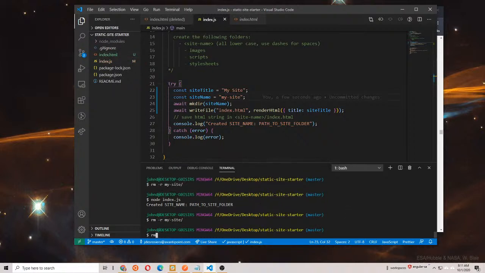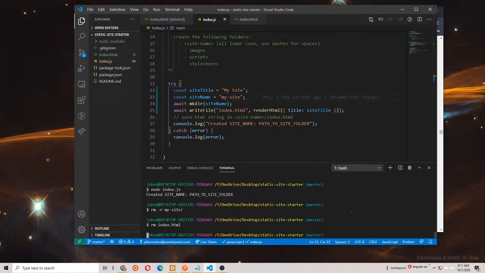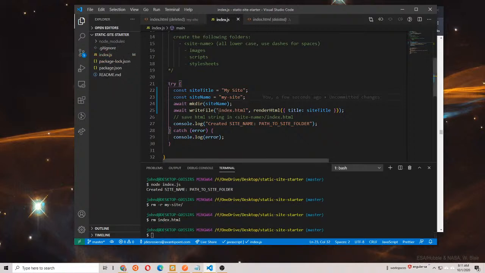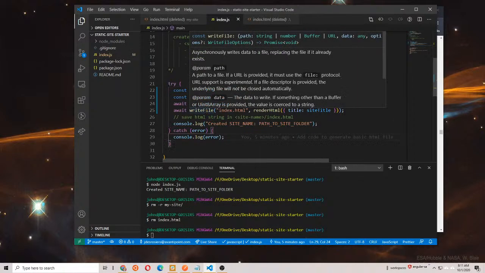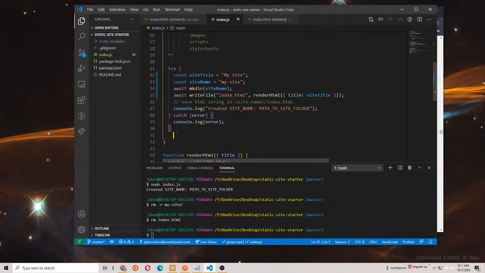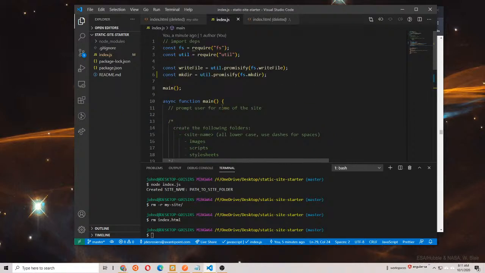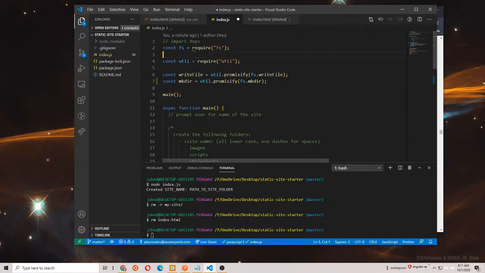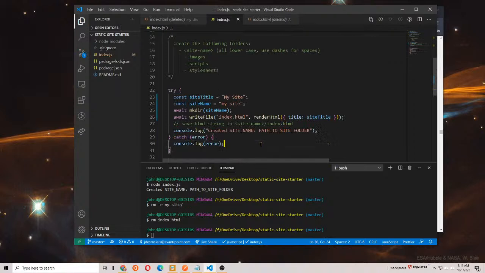I'm also going to delete index.html. So now, instead of creating index.html in the same folder as where the node command is running from, what I want to do is use another built-in module called path. Node has a built-in module called path, and it's all about working with file paths on the system, because